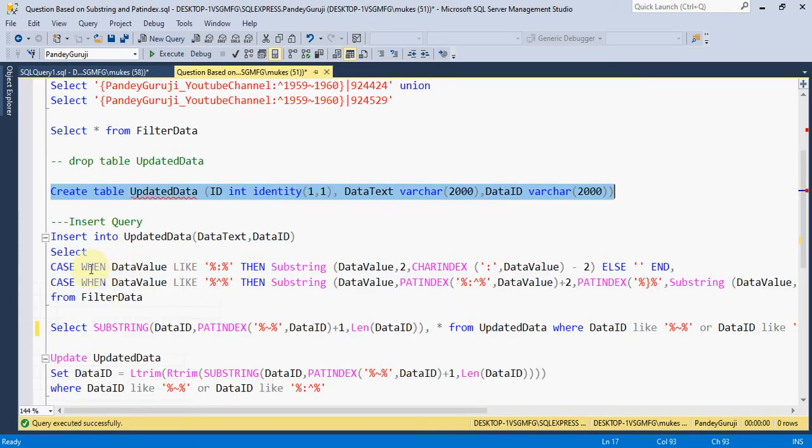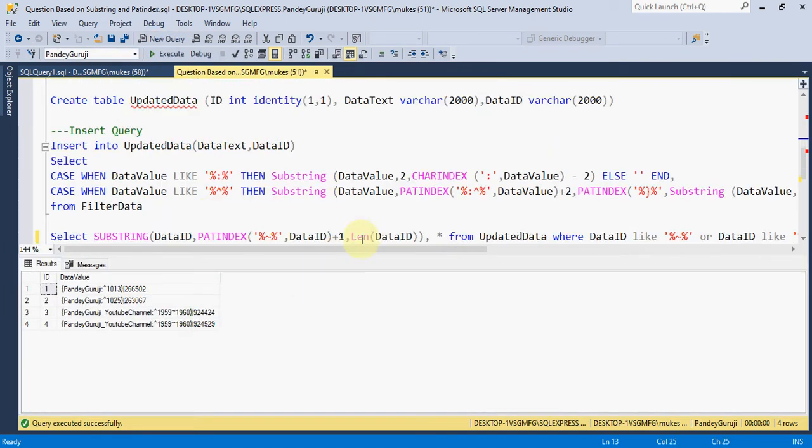So I use a CASE statement: CASE WHEN data value LIKE colon, then SUBSTRING of the data value, whatever data value is there, with starting position 2. Starting position 2 means, let me extract this window, the table name: position 0, 1, 2. Position one is the open bracket, and position two is the P.